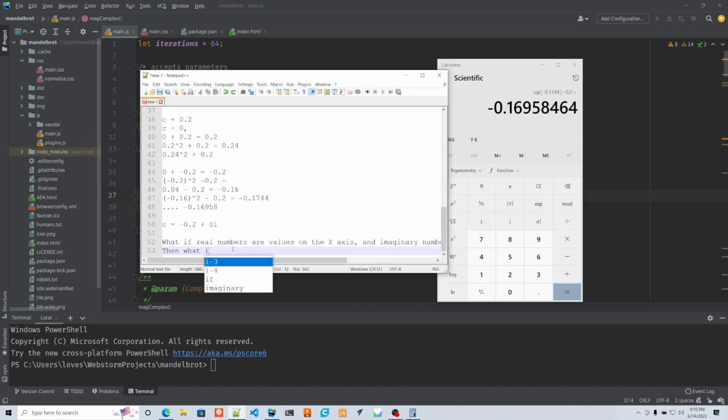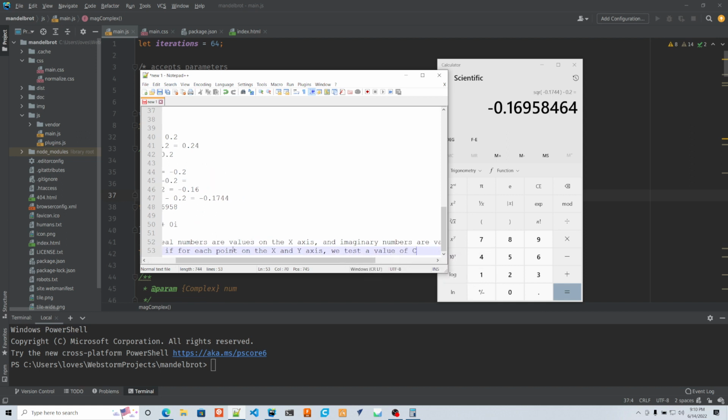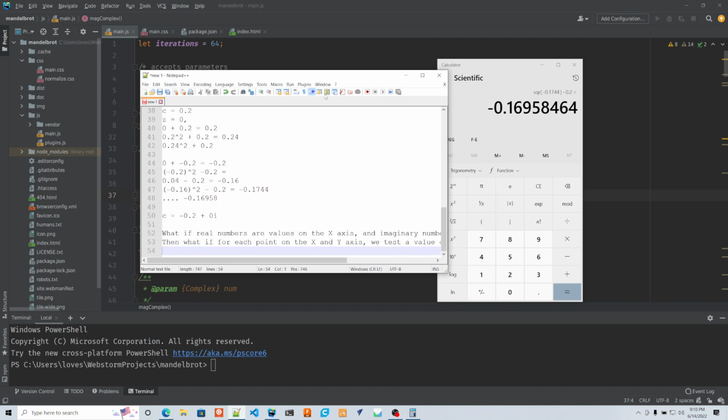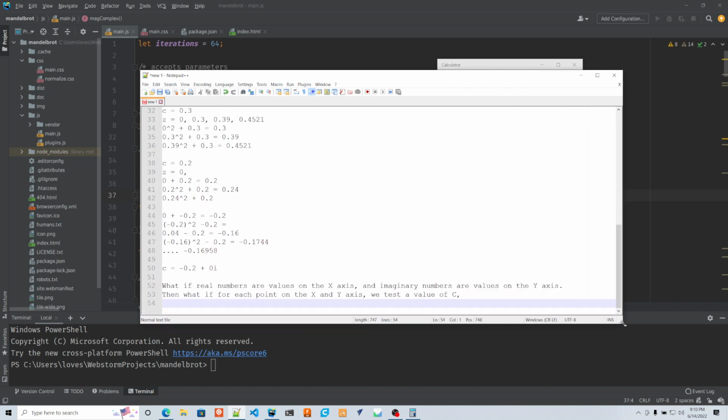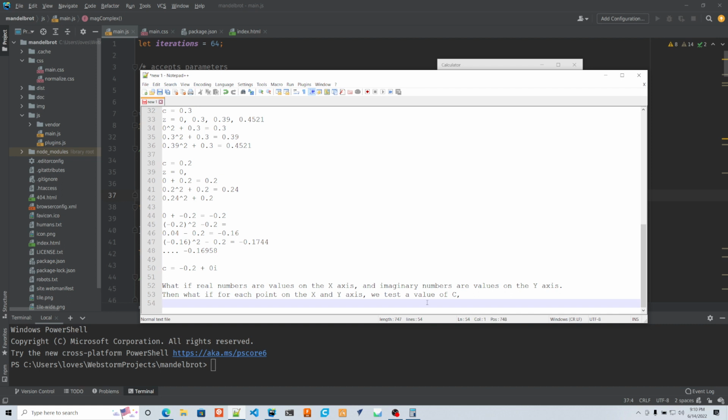Then what if for each point on the x and y-axis we test a value of c, such that I make this notepad bigger so people can actually read it,